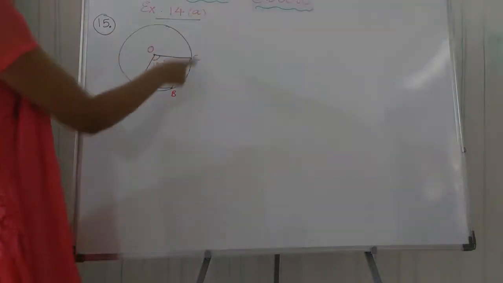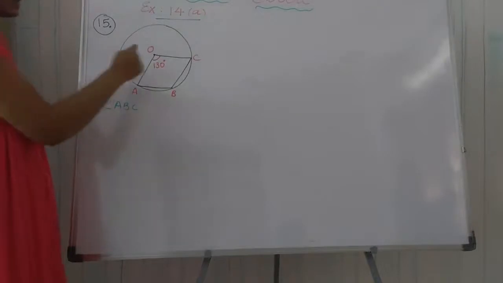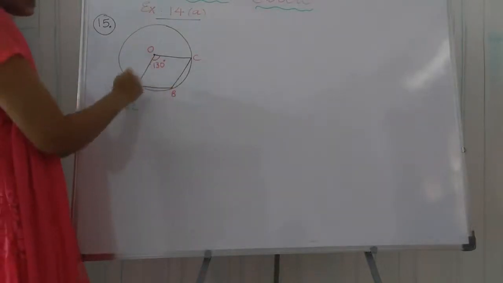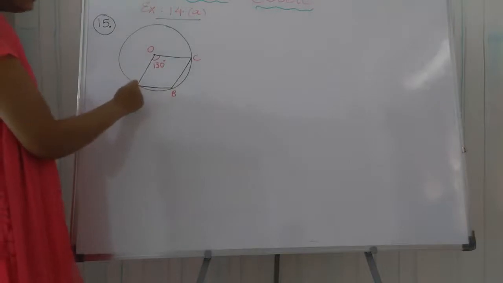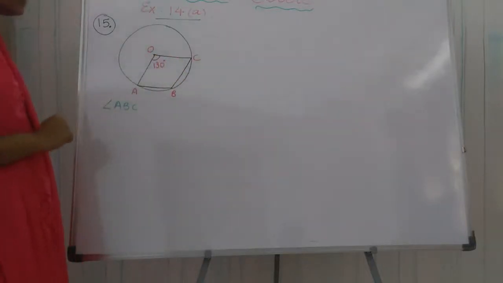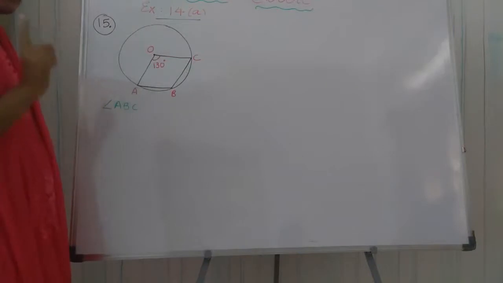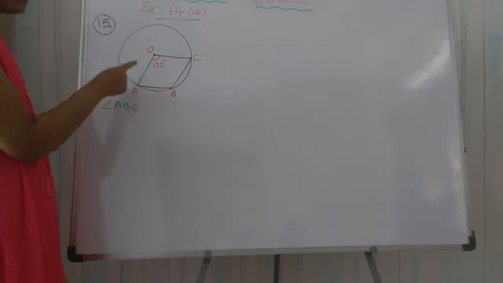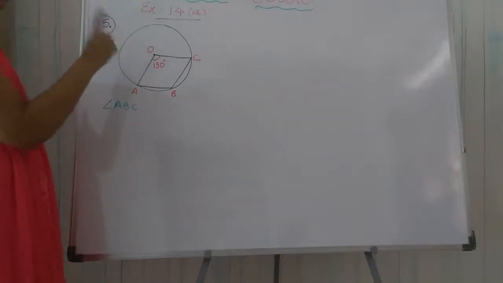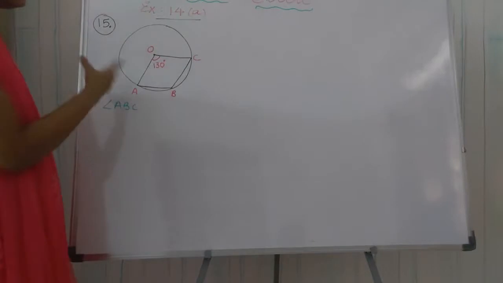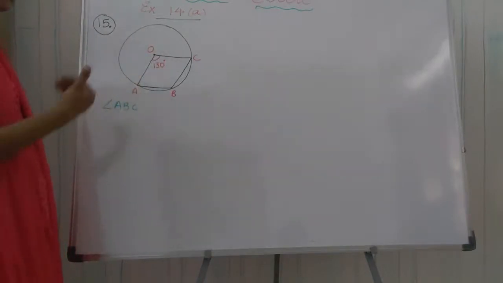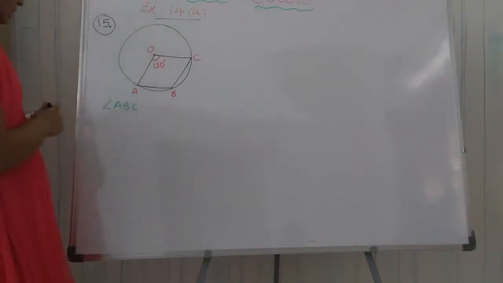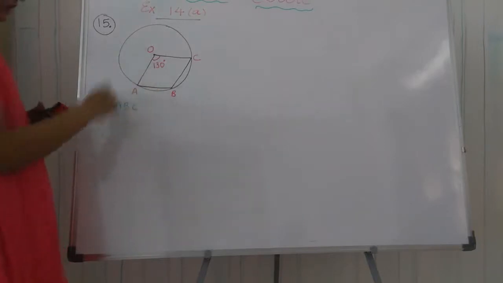In this question, the circle is given, O is the center, and here quadrilateral OABC is given to you, and angle AOC is given 130 degree. Now this is not the cyclic quadrilateral, students, remember, because this O is the center here, it is not lying on the circumference. Some of the students make a mistake, they think this is the cyclic quadrilateral and use the cyclic property of the circle, but here this is not the cyclic quadrilateral and we have to find here angle ABC.